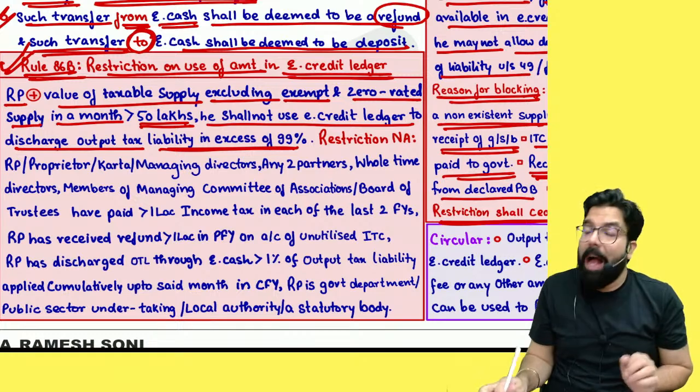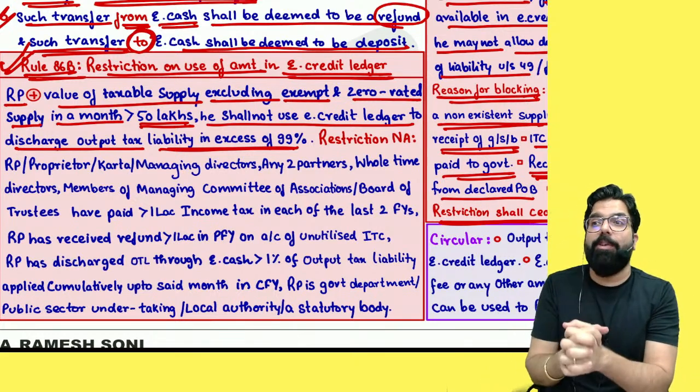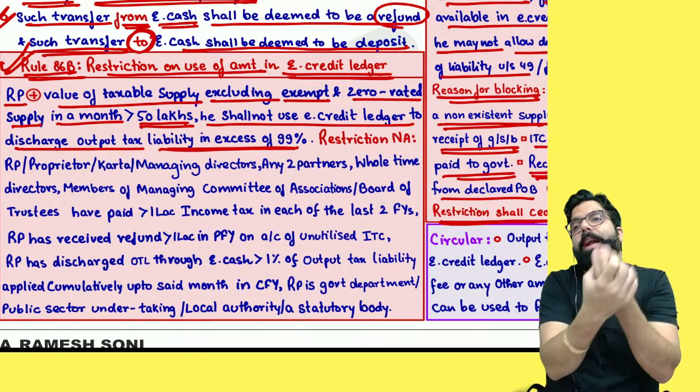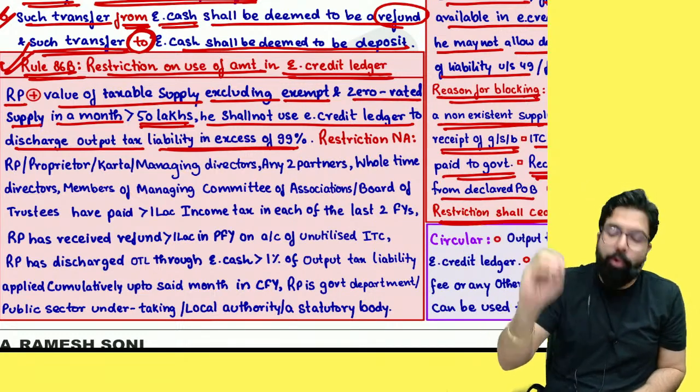Are we clear? I went to the officer and said, sir, why will I use it? I am not a bad person, sir. Please allow me to use 100% of my liability. Allow me to use my credit. Sir, why are you not allowing? Okay, everyone. So the government went ahead and told,